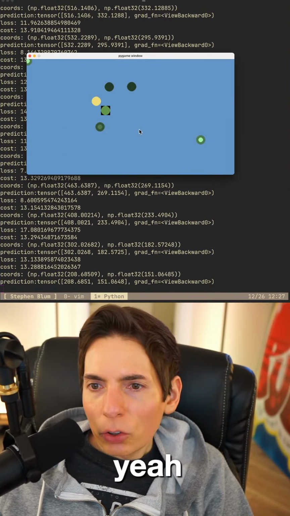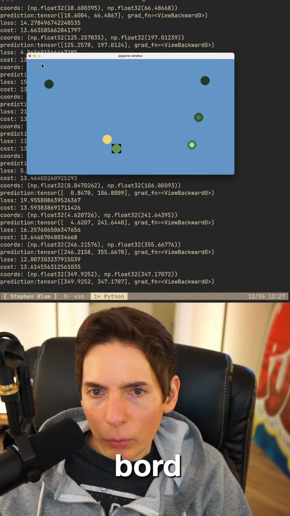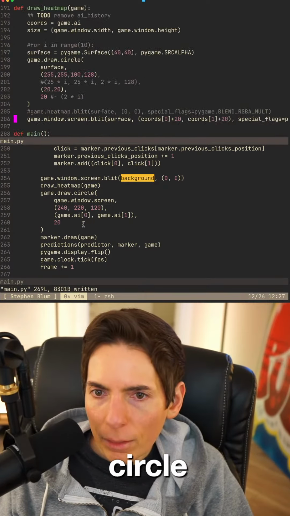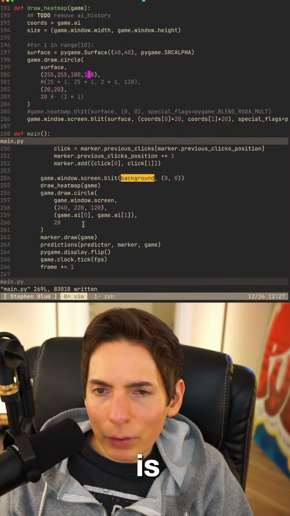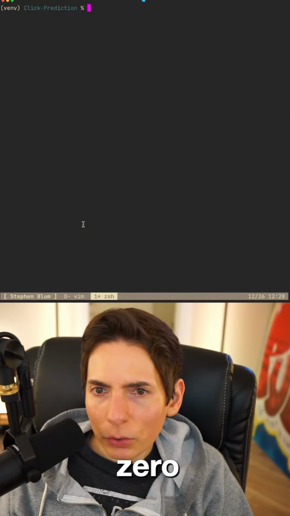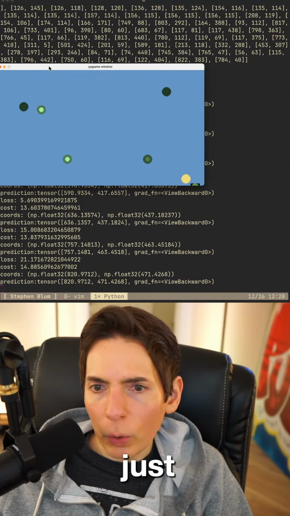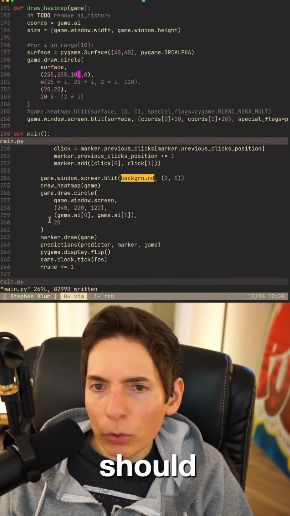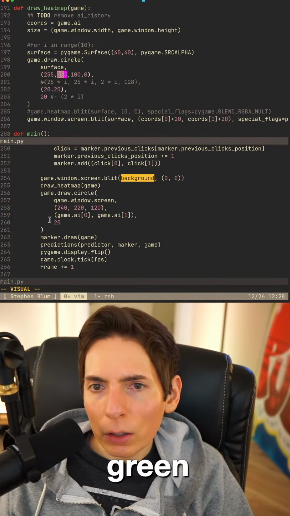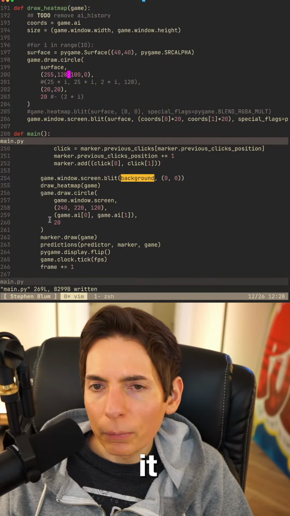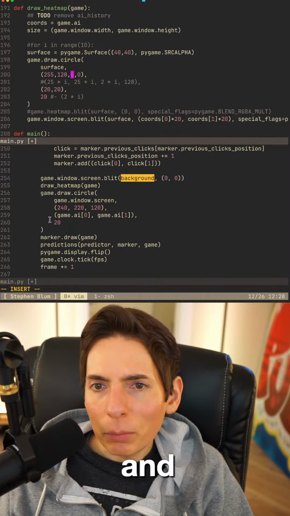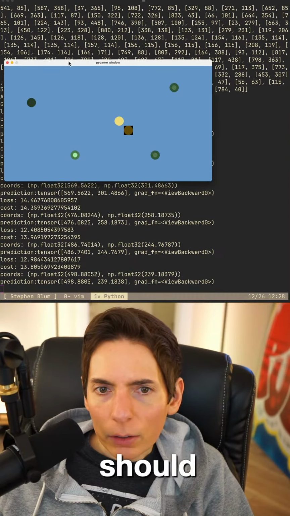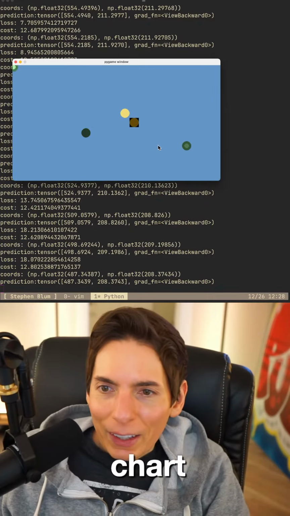Okay, so yeah. So I'm trying to get rid of those dark borders around the circle, the green circle that's next to the yellow circle. And it is not obvious how to do that. Let's do 0. Let's see. So that should be just a square now, right? Oh wait, why is it still green? One second. It should not be green. Red, green, red, yellow. Oh, sorry. This needs to be 128 if I want it to be yellow. And then this can be like 10 or something. Okay. So that should be yellow now. Or chartreuse. I guess it could be chartreuse.